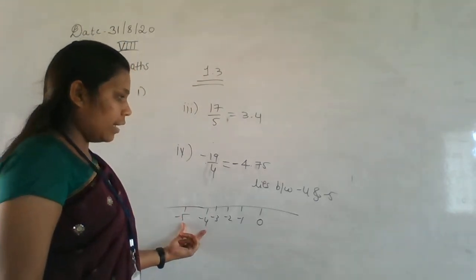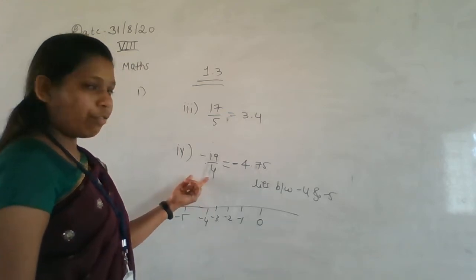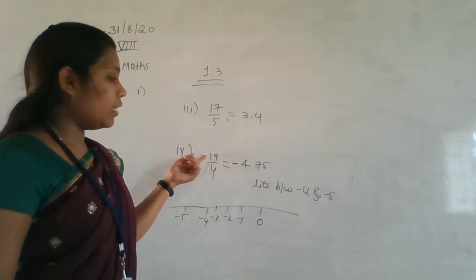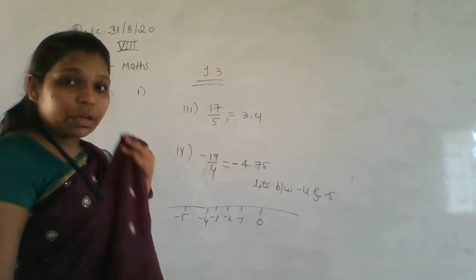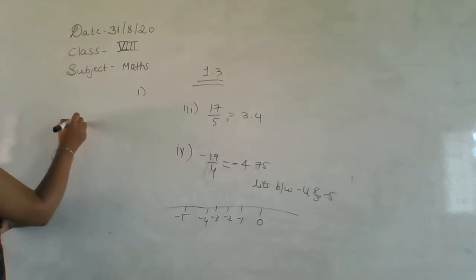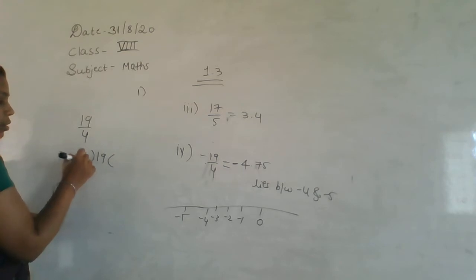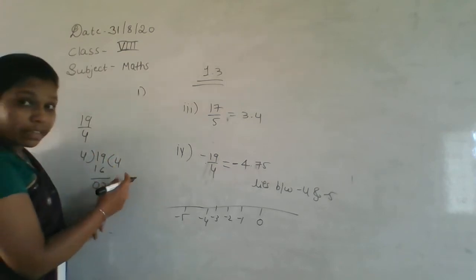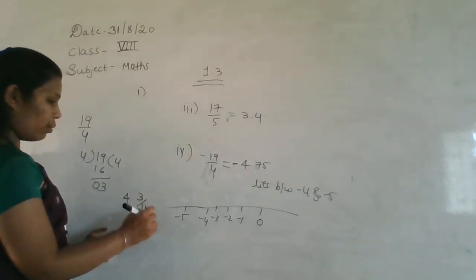So you have to take here, and how many parts you have to make here? That is 4. 4 parts you have to make, and in the numerator you are getting 19, no. So for that you have to do it like this, see here, that is 19 by 4. Do the division, 19 by 4, 4 4s are 16 and 3 is there. So make a mixed fraction, that is 4 integer 3 by 4, okay.